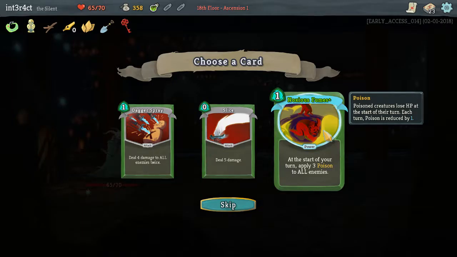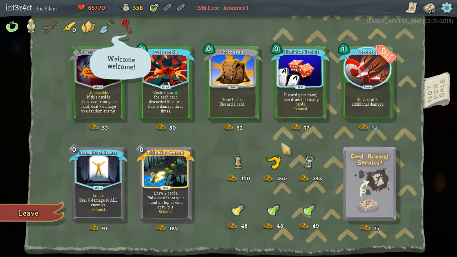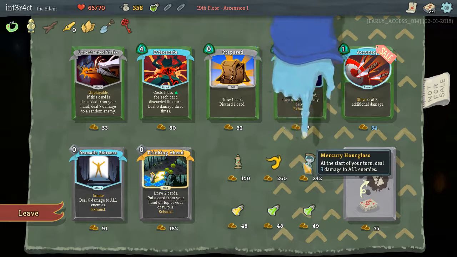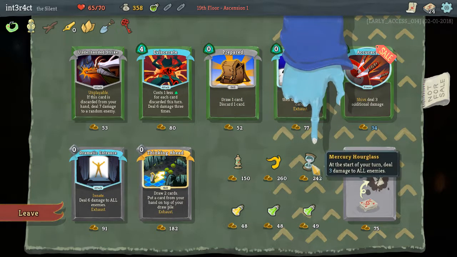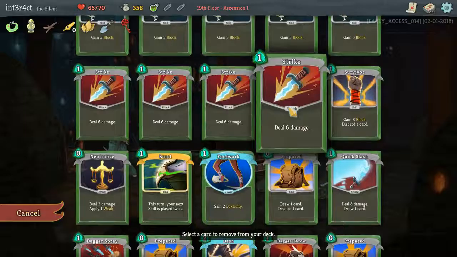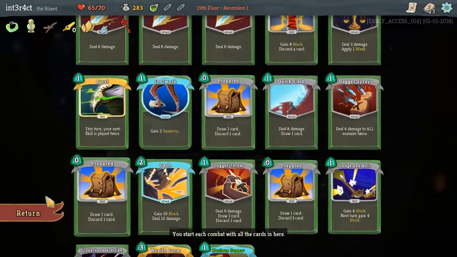Yeah, I mean, Noxious Fumes is good. Please have something really, really good for me, just like okay-hand-emoji good. I mean, Gremlin Horde could be that okay-hand-emoji good. So could Mercury Hourglass, though. It's always hard because Mercury Hourglass is pretty unassuming, but it is just really good. We're gonna remove a strike because we have better strike, better strike, better strike, better strike. So...